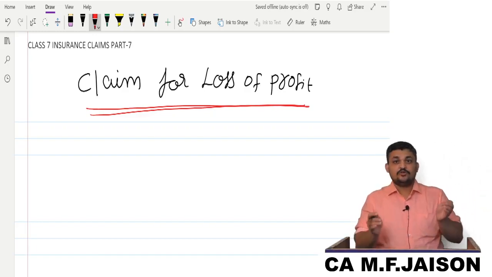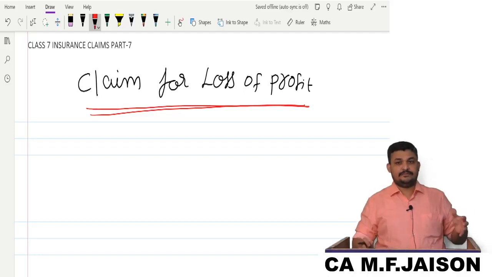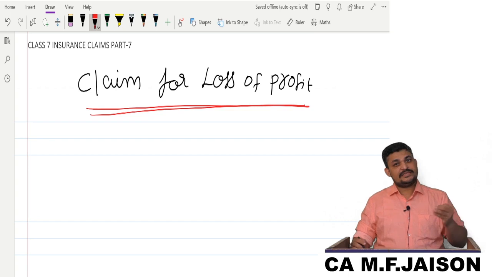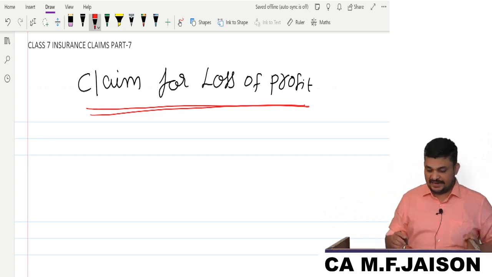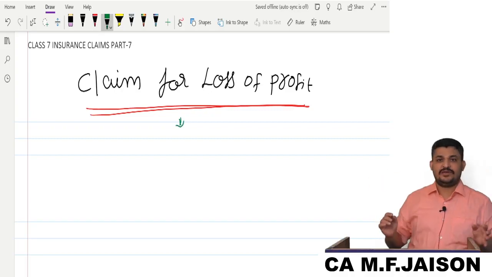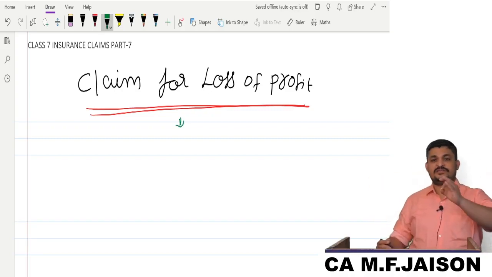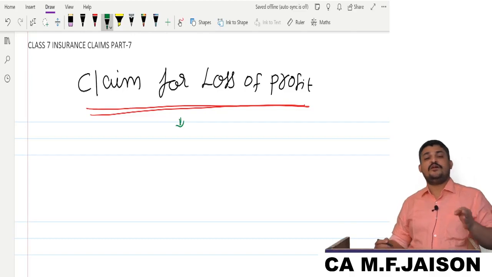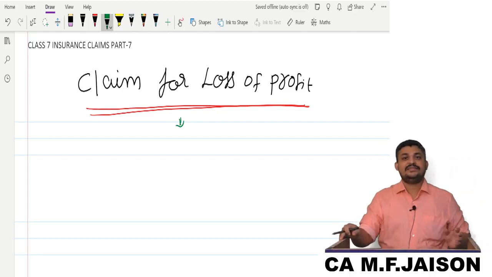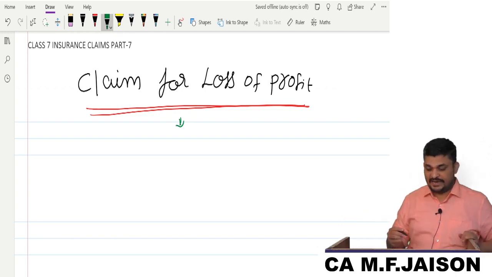First of all, to make this claim that because of a fire accident you lose profit, a separate policy should have been taken. The first thing you should understand is that it is not merely a fire insurance policy that is taken. Under the fire insurance policy, a separate policy, a loss of profit policy or consequential loss policy, should have been taken, my dear friends.